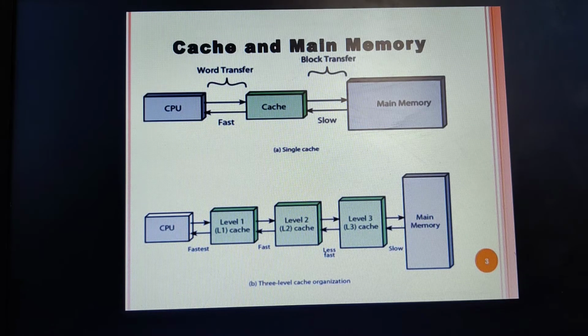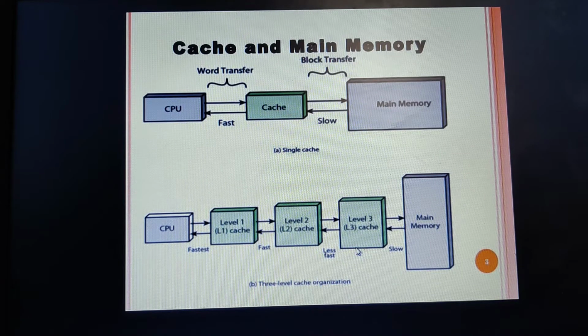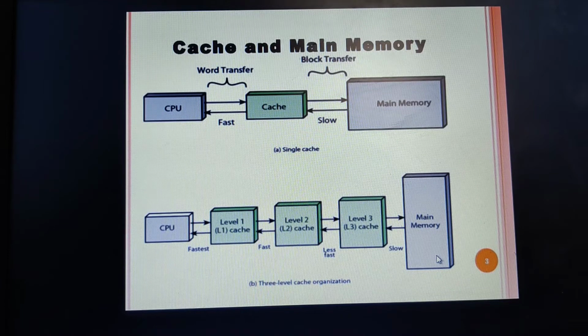So the job of this L3 cache memory is to improve the performance of the L1 and L2 cache memory. Comparatively to L1 and L2, the L3 cache memory is a little bit slower, but it is double the speed of our main memory or the random access memory. So usually the capacity of this L3 memory will be up to 12 MB.